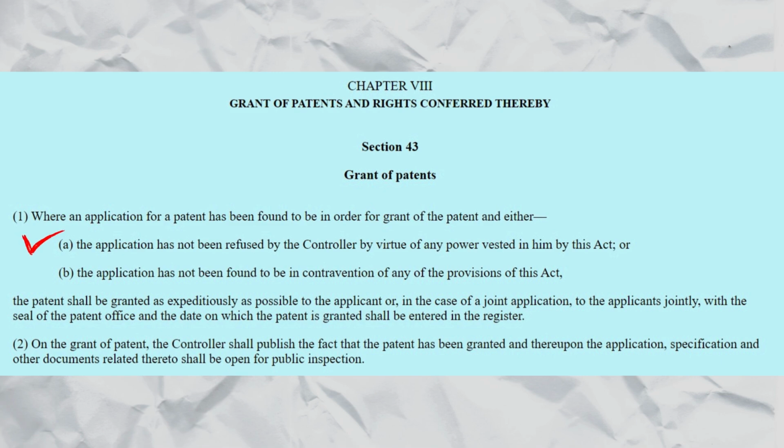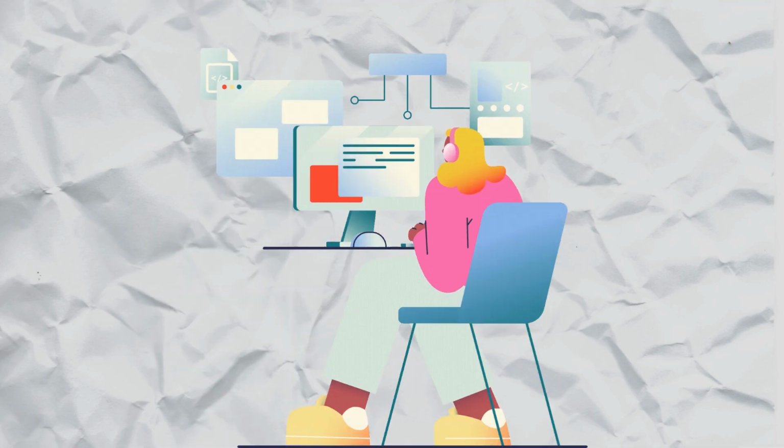Now let's discuss section 43, grant of patents. It is a pretty straightforward section. It talks about that once the application has been filed and prosecuted, that is, the application is published, examined, the report has been generated and duly replied to, then the grant of patents happens, but subject to 2 main conditions. A, that the controller did not refuse it under section 15, and B, the application did not contravene section 10, 21J or section 21. Then the patent is granted as expeditiously as possible and an entry is made in the